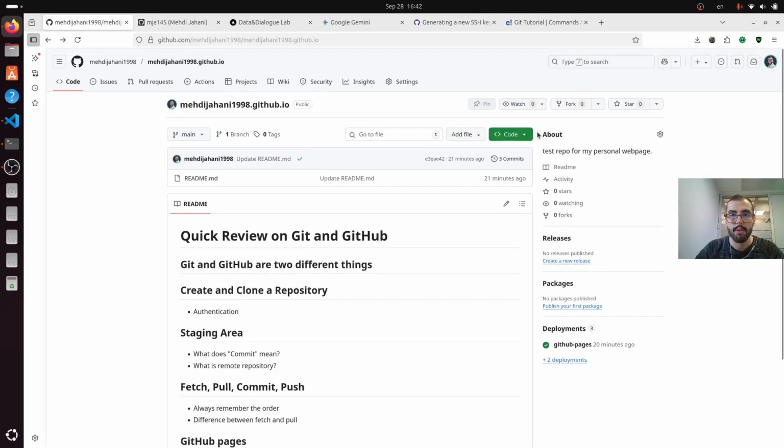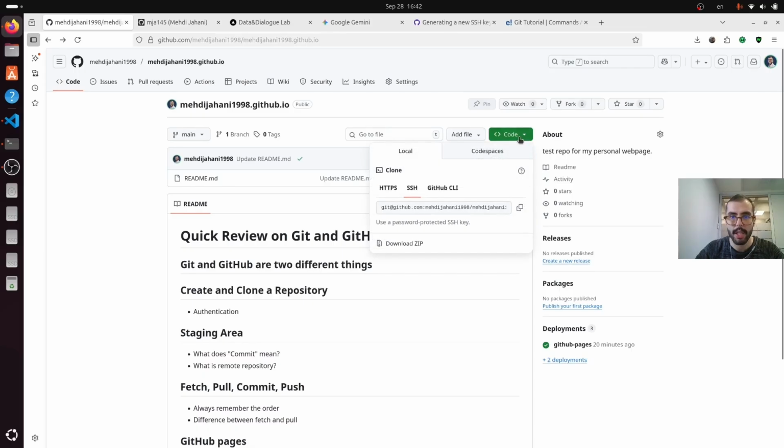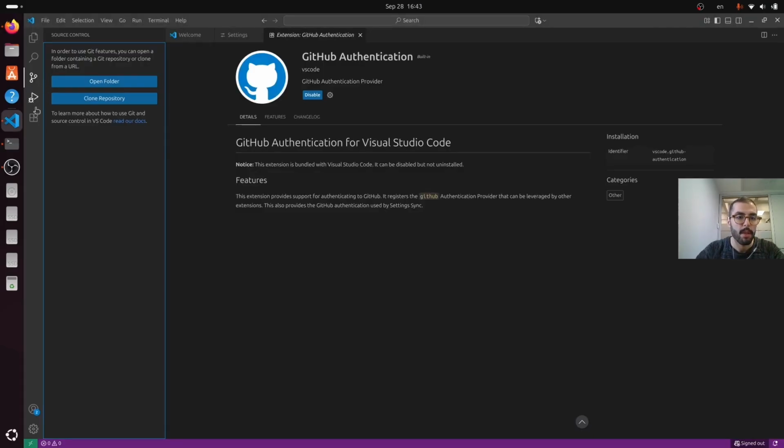So to clone a repository, you come to the repository page, you click on this button here, and to clone it, you have multiple choices here. So here is another step that some of you might face some challenges. If you are not working with the GitHub desktop application and you are using Git using the command line interface or the add-on that Visual Studio Code provides you here,